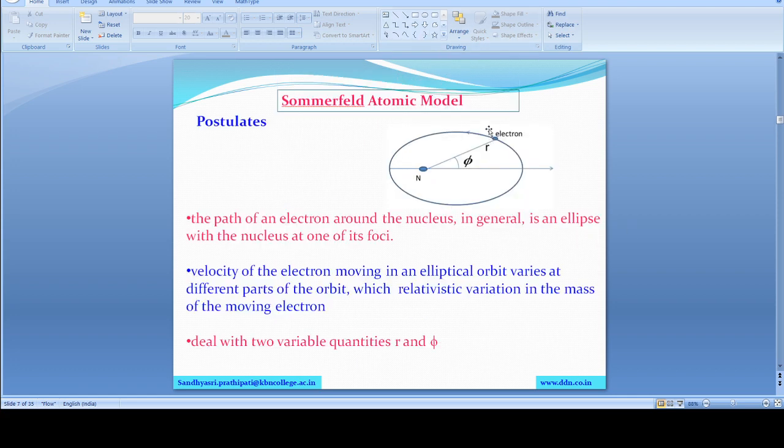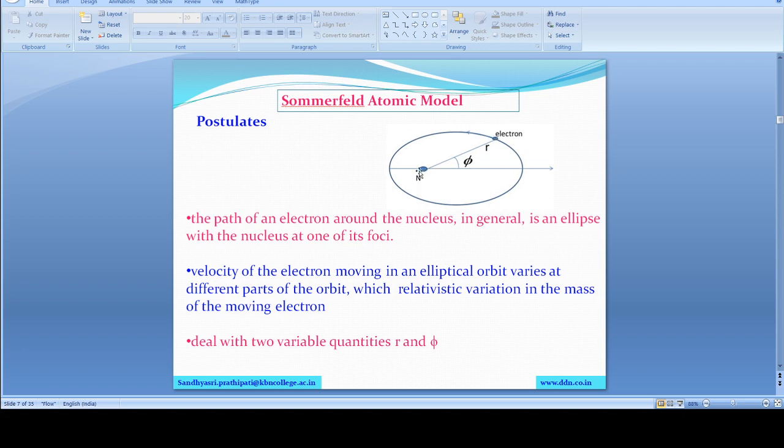This is the elliptical orbit, this is the nucleus, and this is the electron. Why is it moving like this? According to Newton's first law, every body or every particle moves in a straight line with uniform velocity, but it is revolving in a closed orbit shaped like an ellipse. To turn this electron from a straight line to a curved path, there is a need for an external force. That external force is